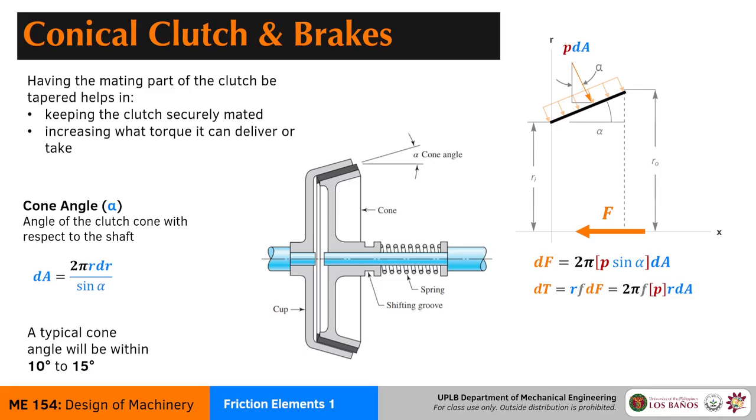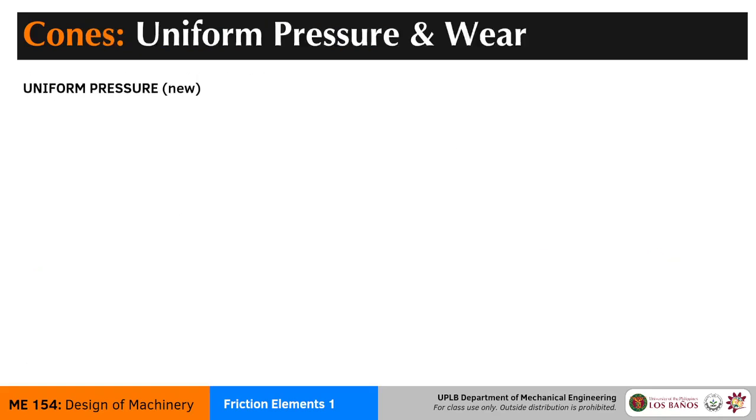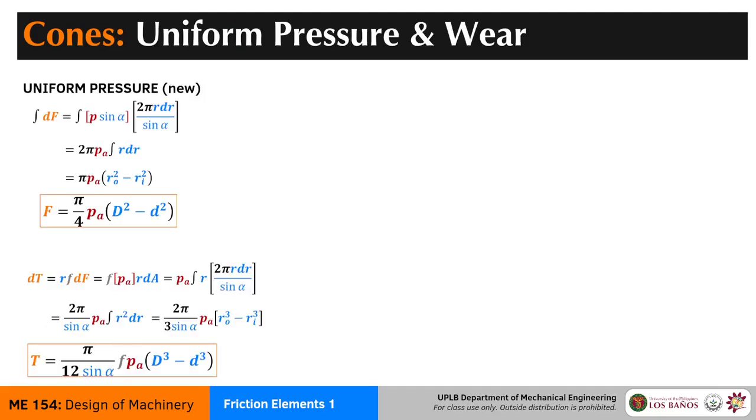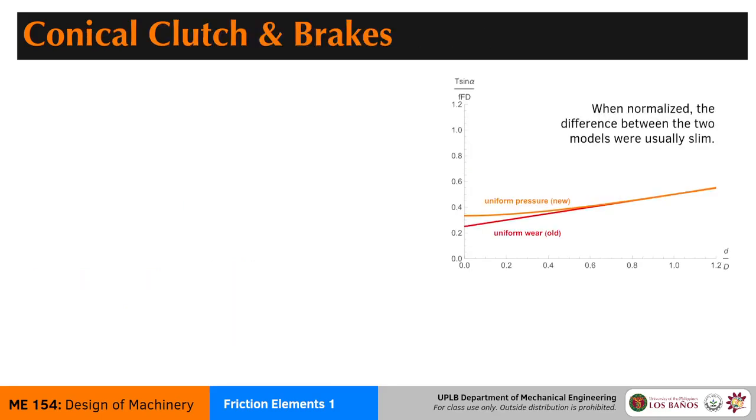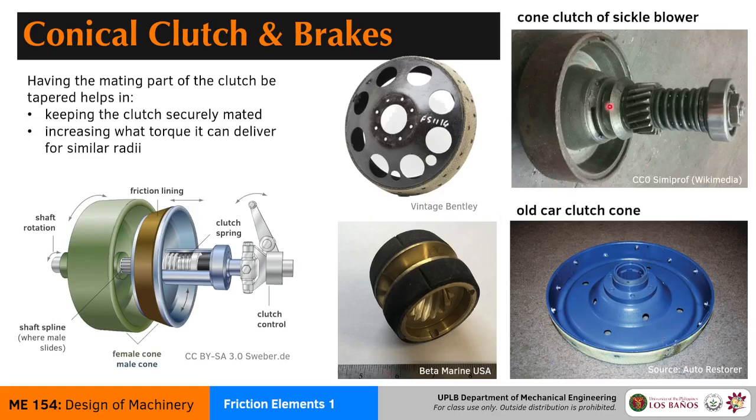So okay, what are the expressions for uniform pressure? This is it. For the uniform wear, this is it. All right. So these are different formulas. Again, is there a difference? There is a difference as long as your inner diameter is much smaller than your bigger diameter. Otherwise, just like you've seen in these examples, again, the diameter is measured from the actual shaft axis.